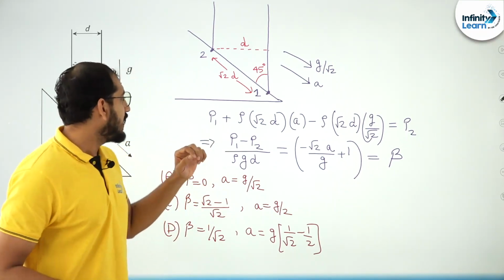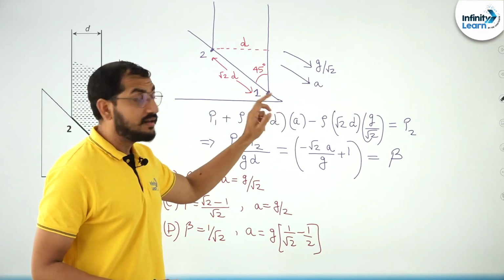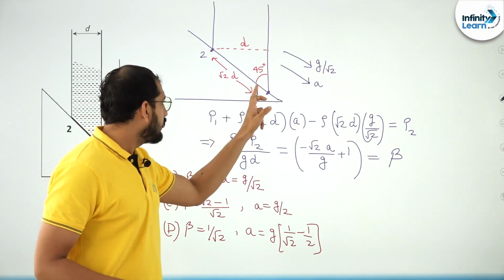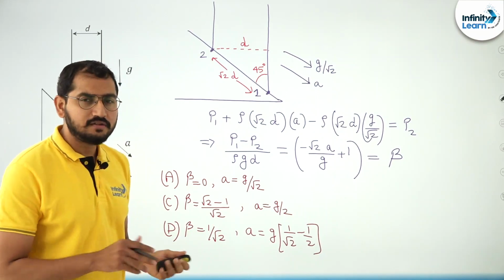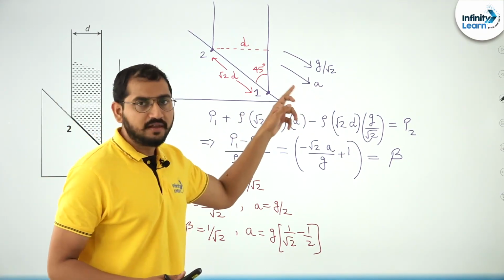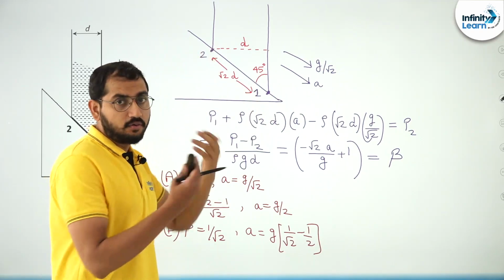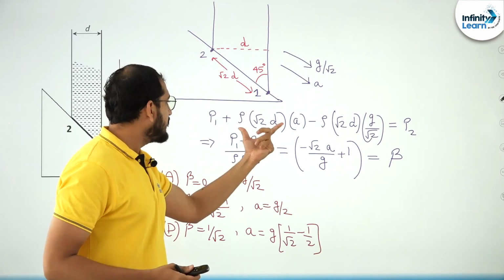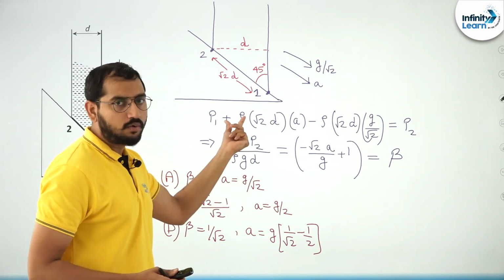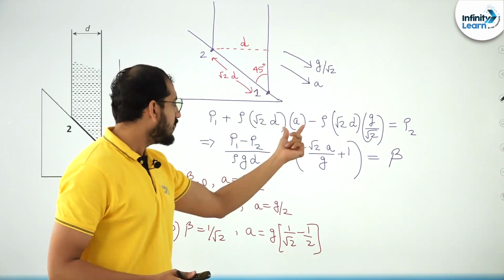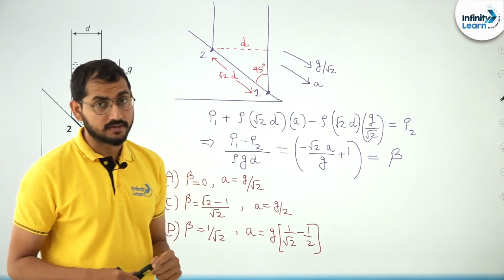So what I'm going to do is start with point number 1. Let's say here the pressure is P1. Okay, so I want to go from 1 to 2. A generalized formula that I'm going to apply is that because of an accelerated vehicle, the pressure increases if I go to a backward point. So the pressure difference will be how much? It will be the density of water multiplied by this distance, that is root 2 d, and whatever the value of acceleration a is given to us, right?